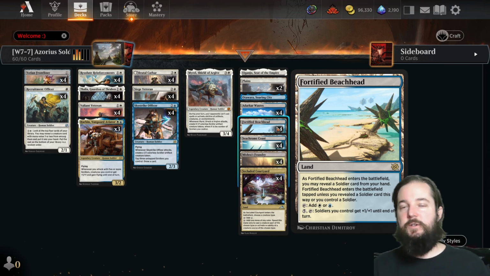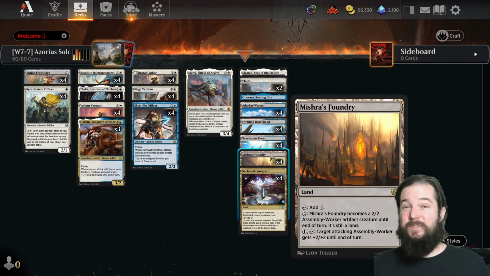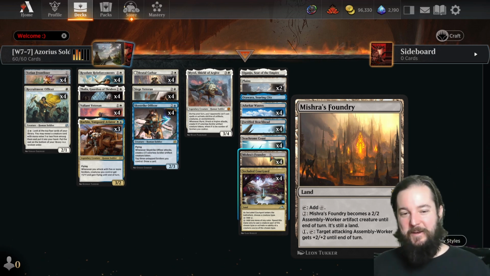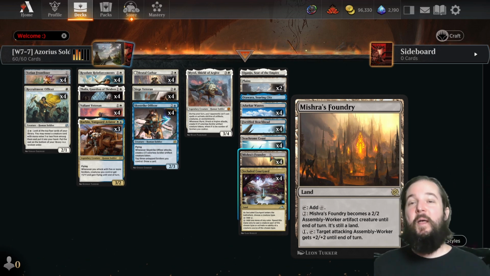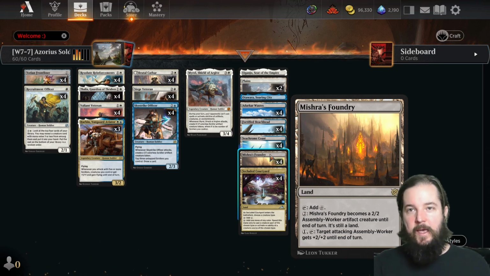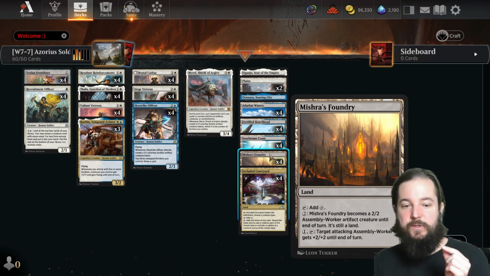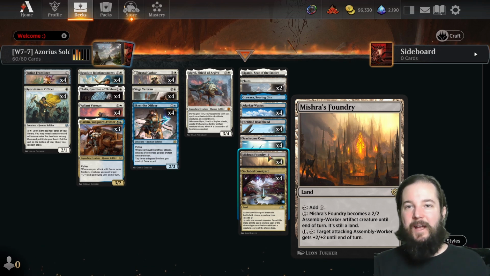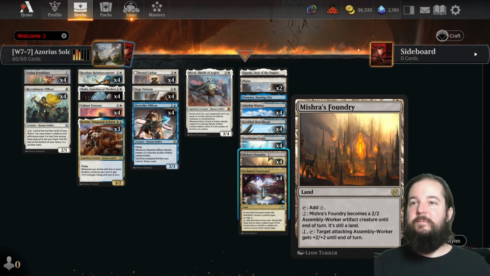and it can be an alternative win condition. Got 4 copies of Mishra's Foundry, which tomorrow I'll be talking about an alternative list, and I'm not really sure that the Mishra's Foundry is perfect in this deck. It's really in there for getting that last bit of damage through, but it doesn't create a soldier. So a lot of times I feel like the Mishra's Foundries are kind of an obsolete